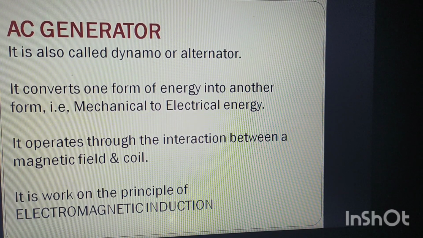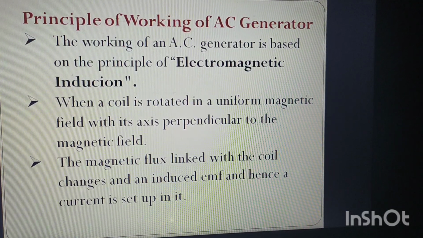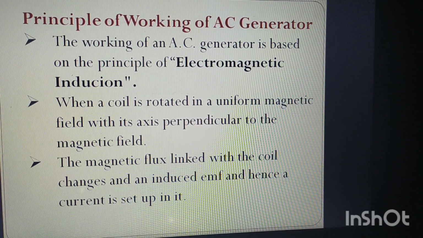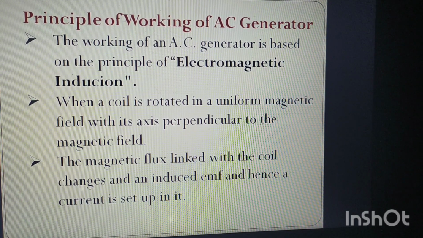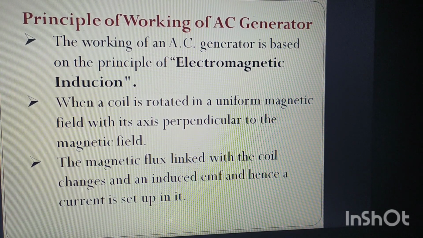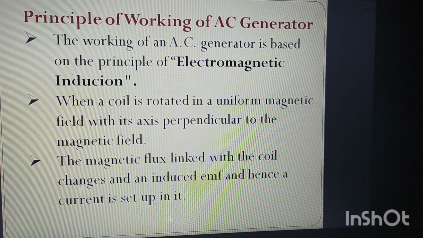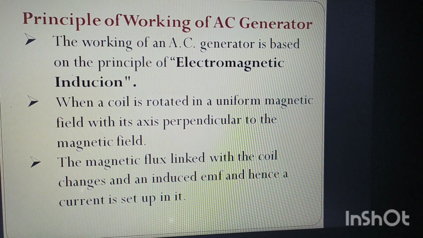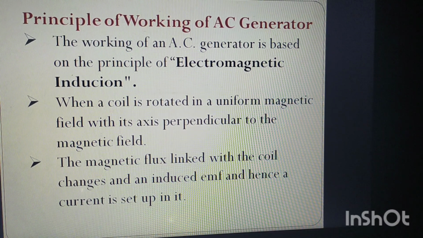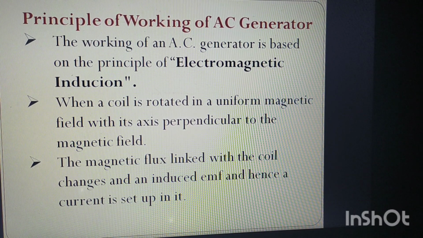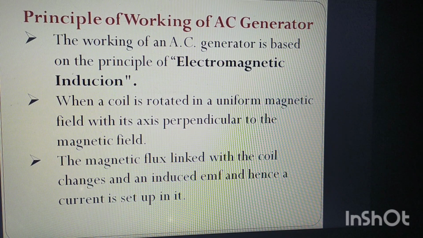Now, what is the principle of working of this AC generator? It works on the principle of electromagnetic induction. Now let us discuss some details of the working principle of this AC generator. We already know what the principle of electromagnetic induction is. When a coil is rotated in a uniform magnetic field, or when the magnetic field is changing,